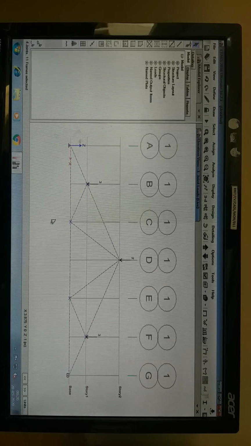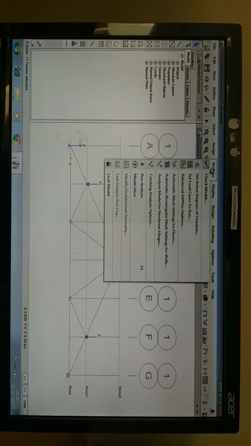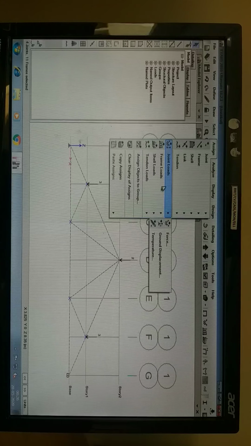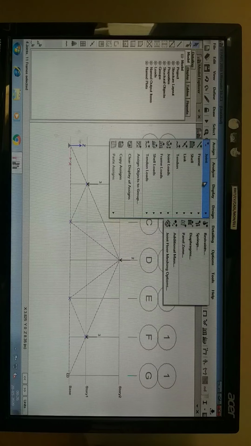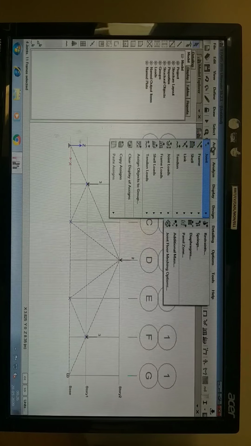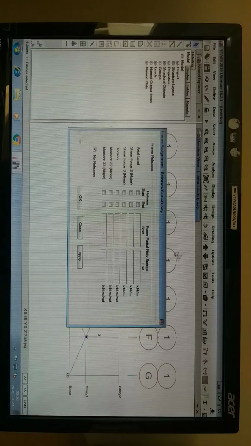So after selecting the members, go for assign. In the frame, here you can see release or partial fixity.